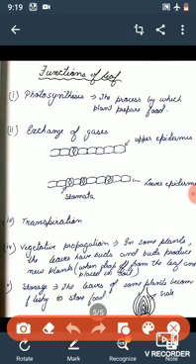Basically they are gate-like structures, just like we have seen with a lift. When the lift gate is open, people can move inside and outside. When the gate is closed, no one can move. Similarly, the stomata act like a gate. When it is open, exchange of the gases can take place, which means carbon dioxide can move inside, and the oxygen produced during photosynthesis can be moved outside with the help of the stomata when it is open. And when the stomata are closed, no exchange of the gases takes place.